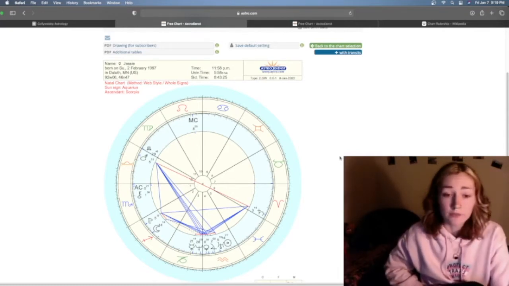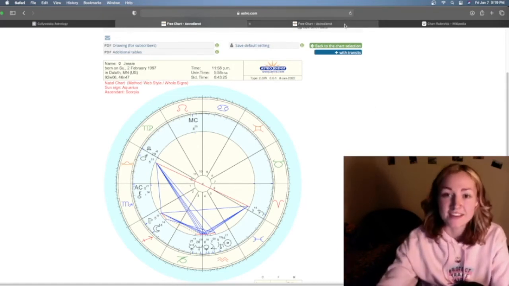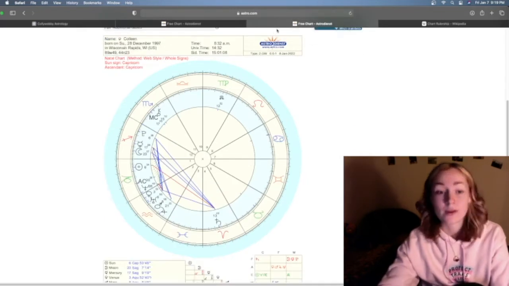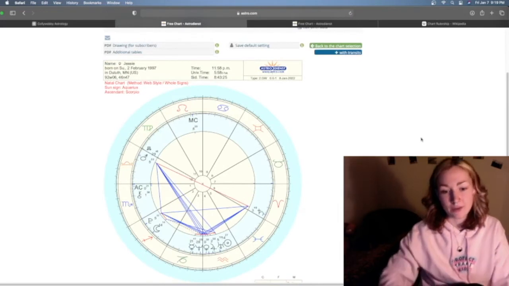But it's making a lot of really beautiful aspects to her 4th house of family and home, where she has an Aquarius stellium. Also, how funny it is that we both have an Aquarius stellium, like almost at the exact same degrees. But anyway,